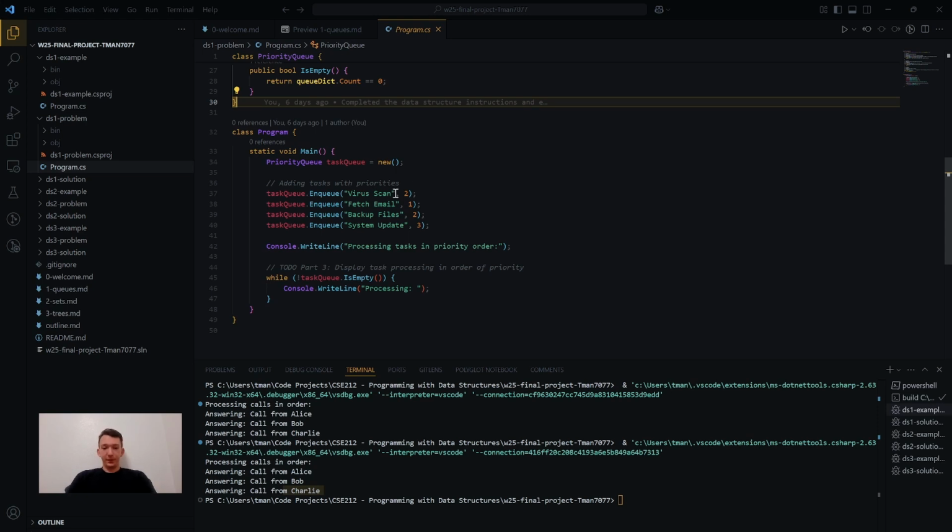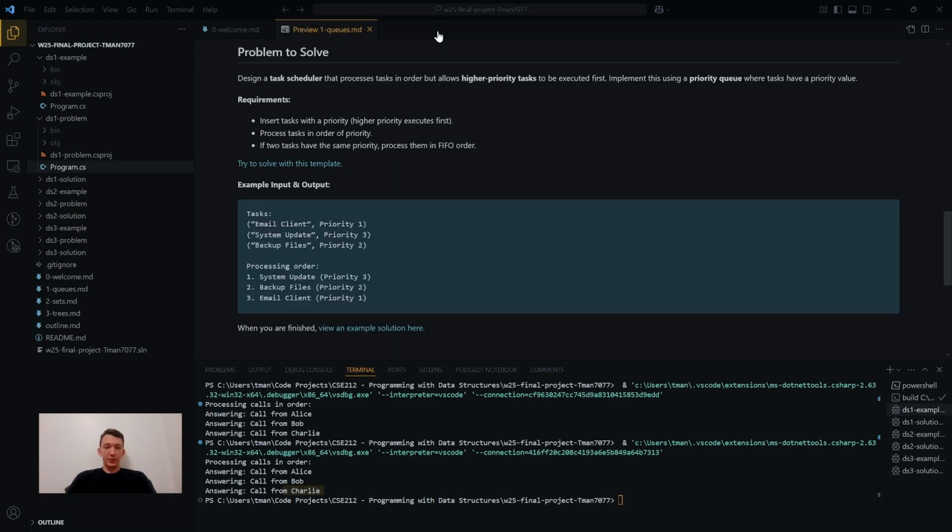So then you enqueue a couple things with priority. There are two of them that have the same priority, and then there's a lower and a higher priority. And then you just need to process them. And then the solution for that